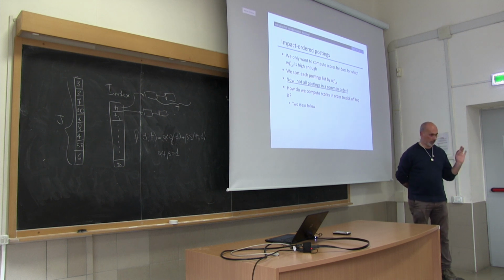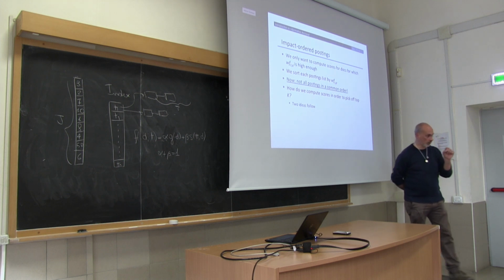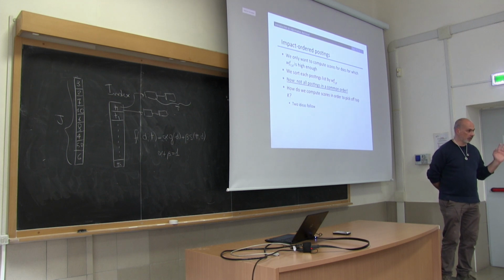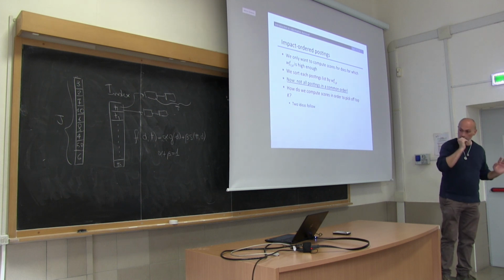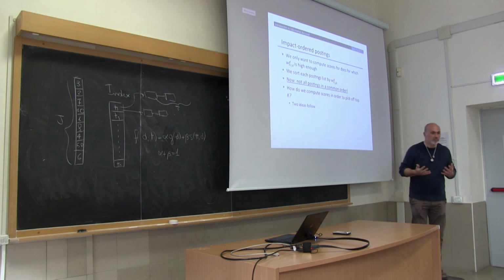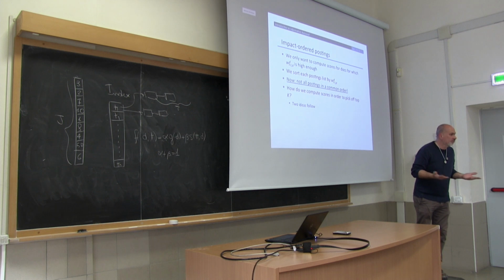Let's step back. Do you agree that the algorithm we have seen before is not using the common ordering of the posting list? Yes. So if we order each posting list according to a different criterion, the algorithm is still going to work, right? Because it doesn't use the ordering. Correct? Good. Now, let's use this flexibility. Since we have it, let's use it.